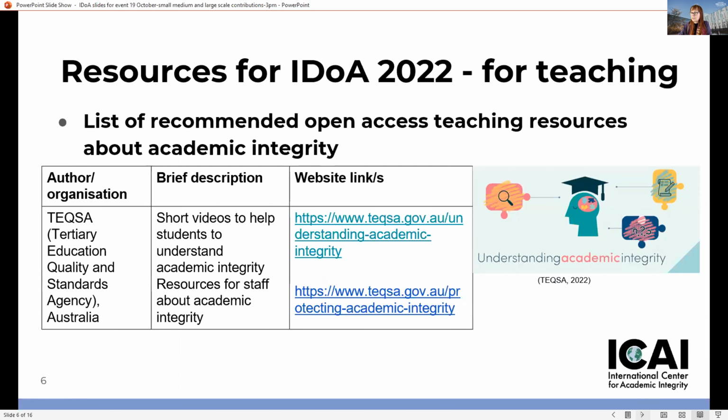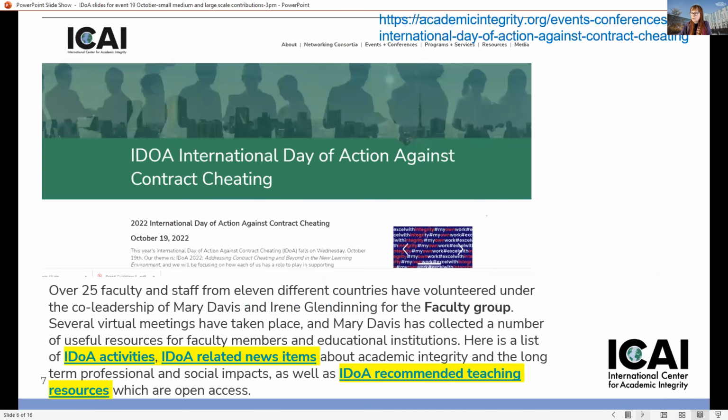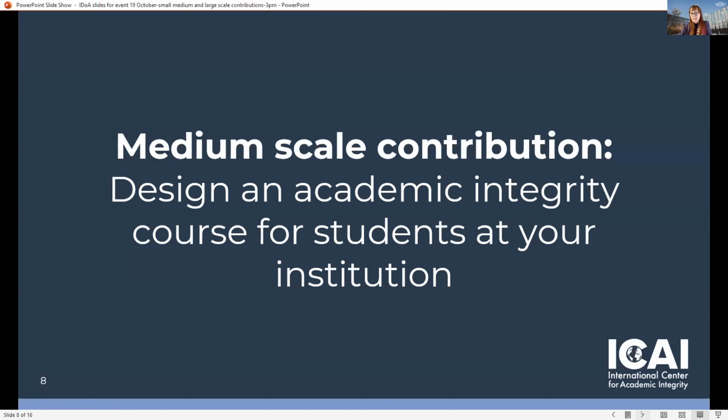Another is to look at our list of open access teaching resources, recommended ones like this one from Texas, which has some videos you could bring to the classroom. You can find these resources on the ICAI website for the International Day of Action, so they are linked in there. Then in terms of a medium scale contribution, what about designing an academic integrity course for students at your